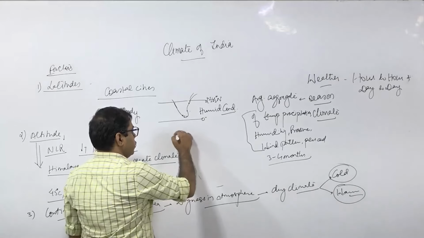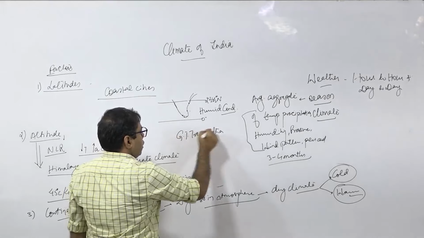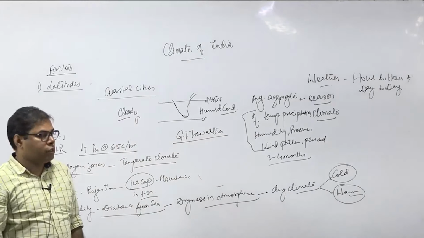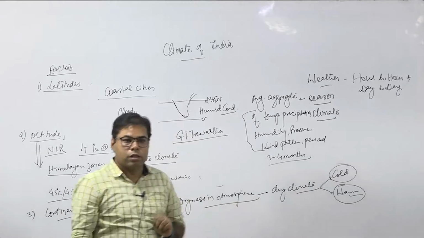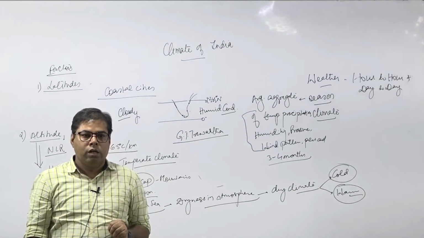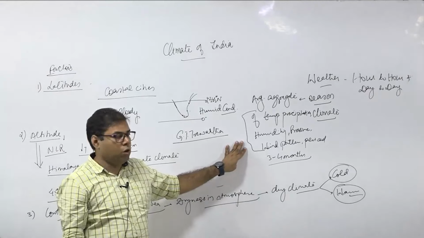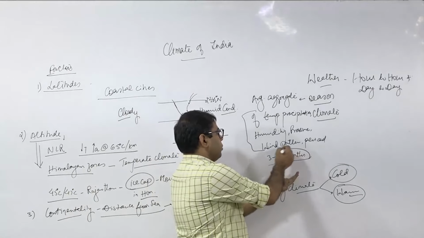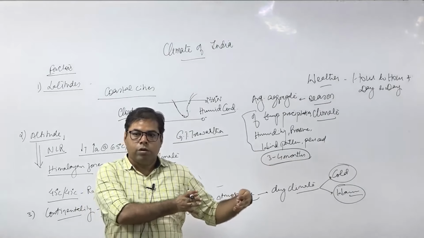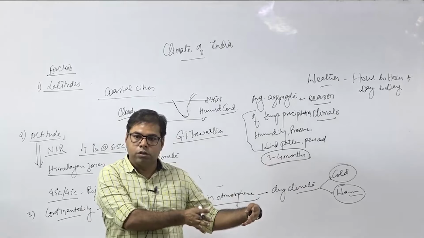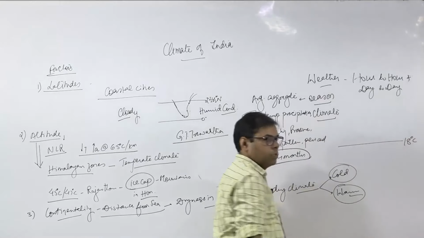G.T. Trewartha has said, G.T. Trewartha is a very famous American climatologist. G.T. Trewartha says the climate is the differentiation of the aggregate of the weather, right? Clear? So this is a differentiation of the average of the temperature of these phenomena over a period of time for 3 months, 4 months. This is called season. When uniformity is prevailing over a period of time, 3 months, 4 months, that is called the season.